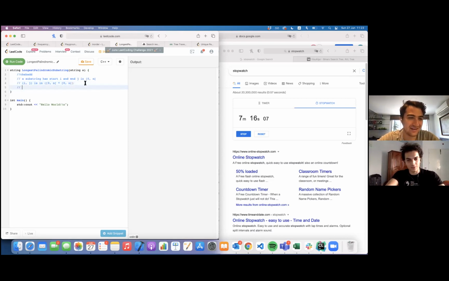Okay, so we have n squared possible substrings. From these substrings, can you check if each substring is palindromic or not? Then can you take the longest? Okay, perfect. So I'm going to start with